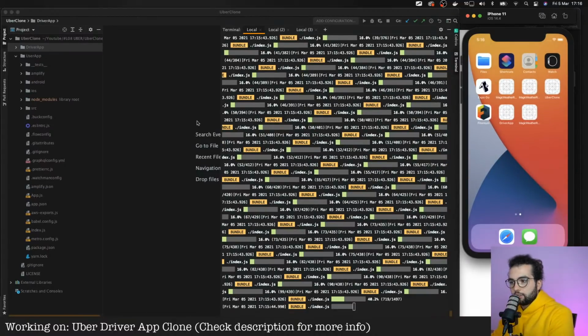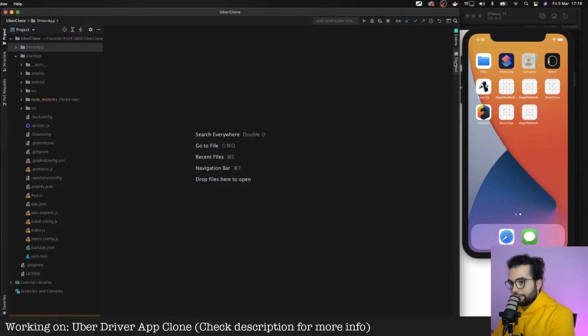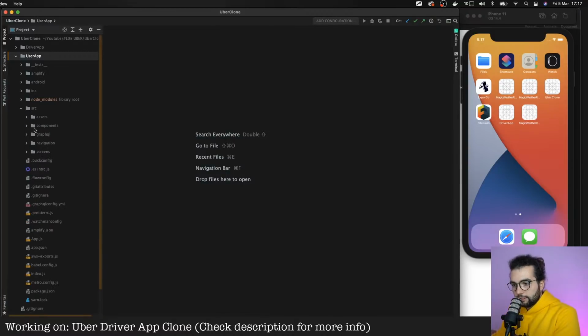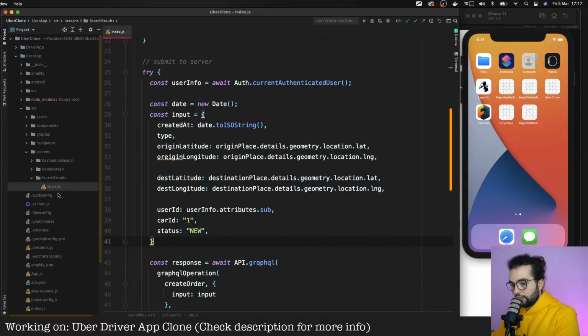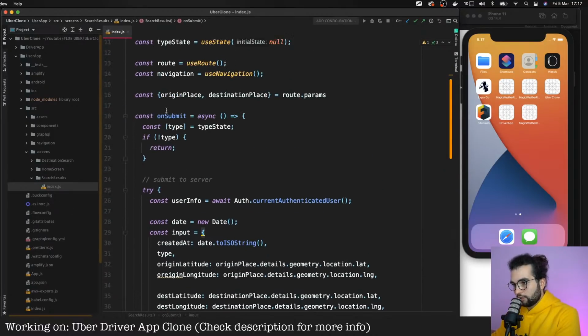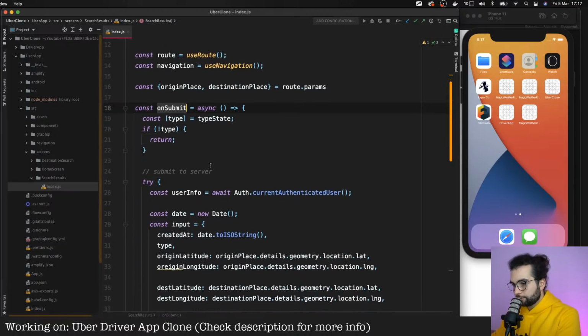It's okay. So until it builds, let's have a look at the user app and what components we'll have to work with. So here we have a source, we have a screens, and here is the search results screen. This is the screen where we will be able to place the order. So here is on submit.